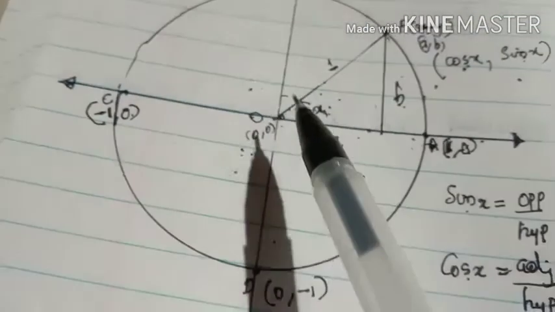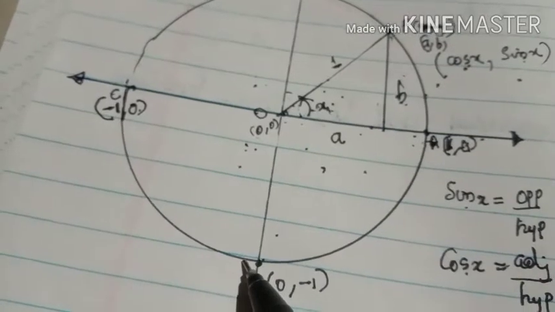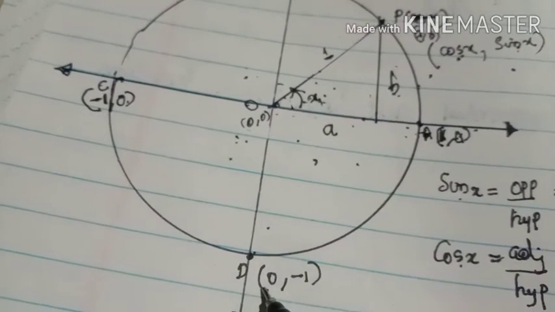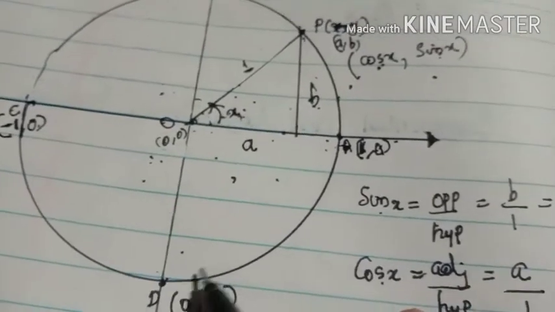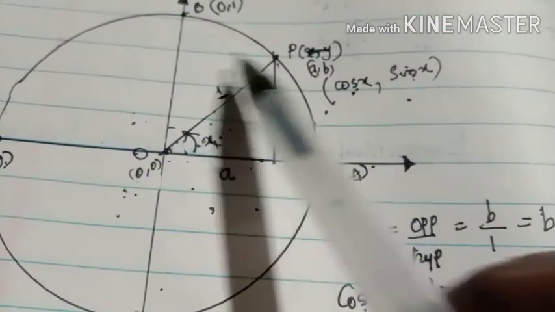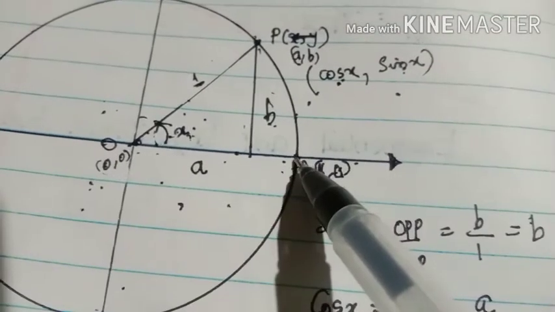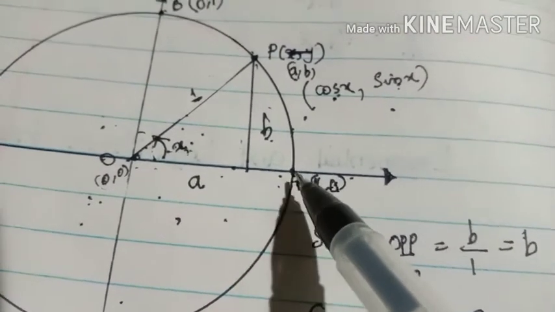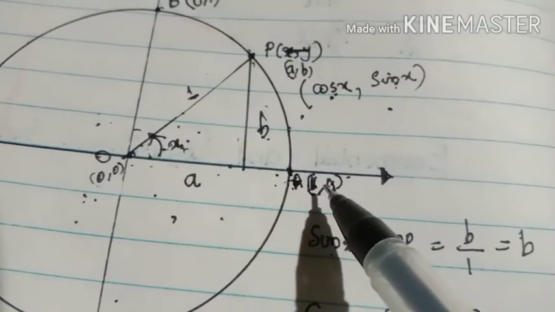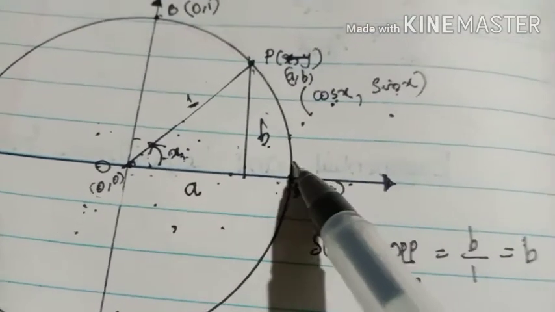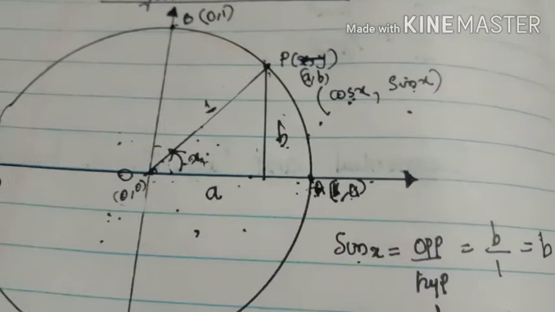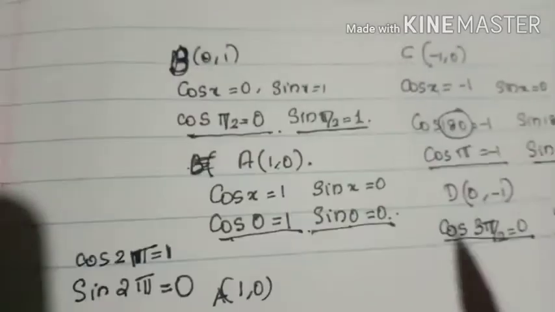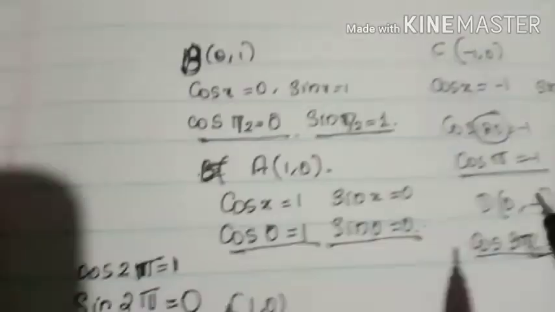And here, 270 degrees, 3π/2. Cos 3π/2 equals 0, sin 3π/2 equals -1. Again move to here. So one complete revolution at 360 degrees or 2π, and therefore cos 2π equals 1, sin 2π equals 0. If we make one more rotation, you can see the same angles will be repeated. So using this result, we can generalize an equation.